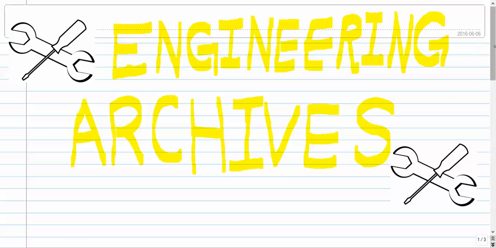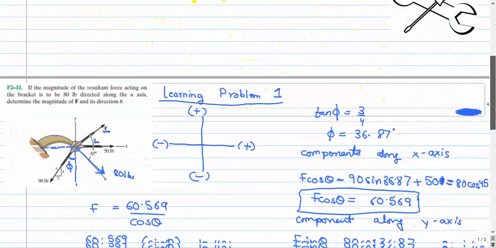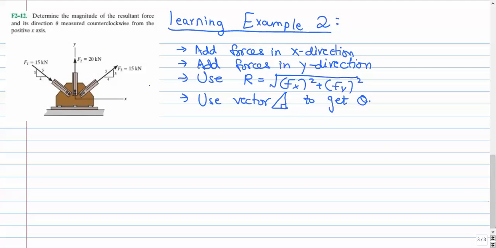Now we will look at our learning problem number 2 for the chapter Coplanar Forces. So this question says, determine the magnitude of the resultant force and its direction theta measured counterclockwise from the positive